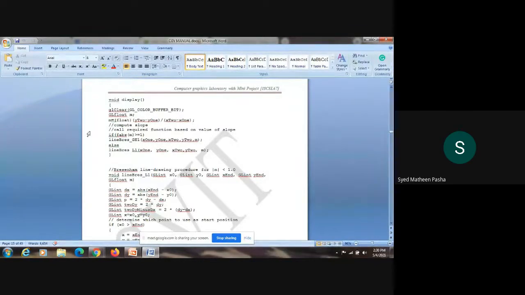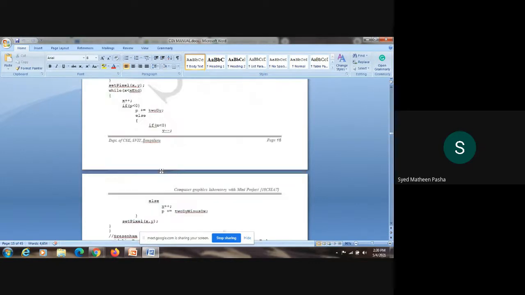Then again it will check the condition there. If this slope value is greater than or equal to 1 and this is true, it will just print the slope of this line with respect to x1, y1, x2 and y2, with respect to some coordinates in the xy plane. Else, if this is not true, if this is lesser than or equal to 1, it will print the second slope of your program. So once you execute the whole program, a line is defined onto the screen. So this is the procedure of how the Bresenham's line algorithm program works.